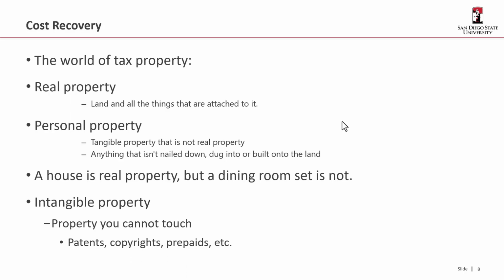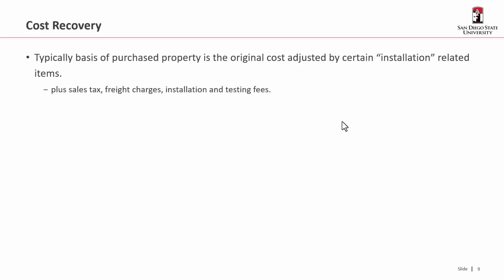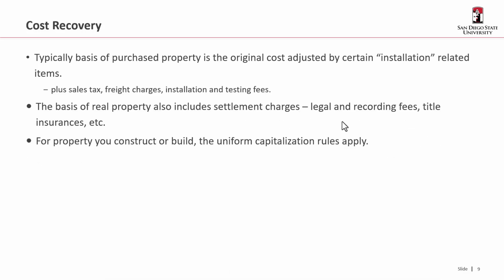Intangible property is property you can't touch, right? So that's not to say that it doesn't exist, like patents, copyrights, prepaids. They're just pieces of paper, right? They're represented by some sort of piece of paper that says you've got some sort of exclusive right to that. So typically the basis of purchased property is the original cost adjusted by those installation related items, which we talked about previously. The basis of real property will also include settlement charges, and these are the